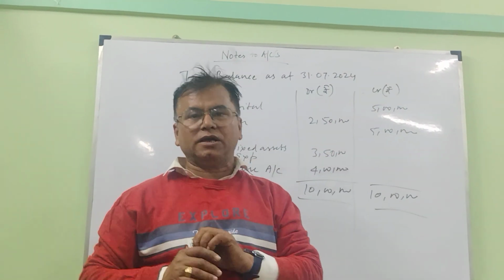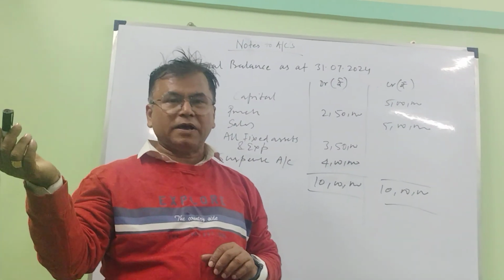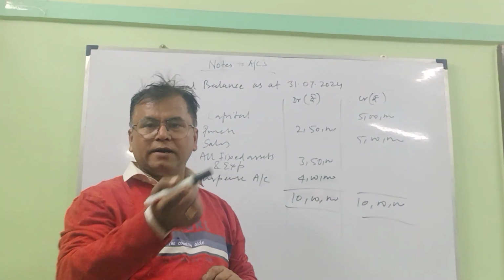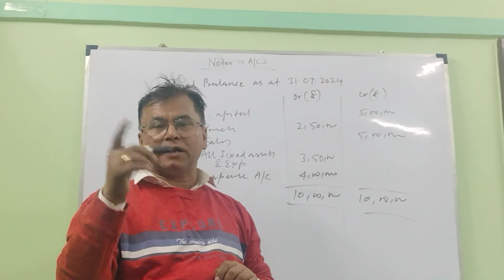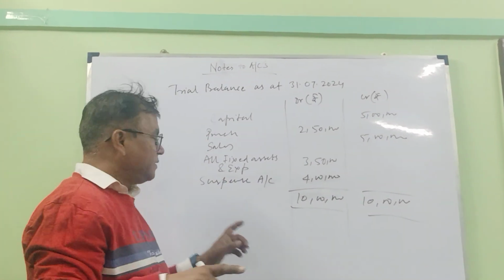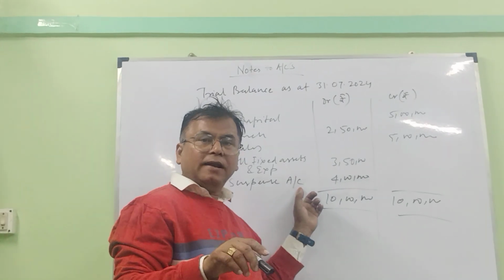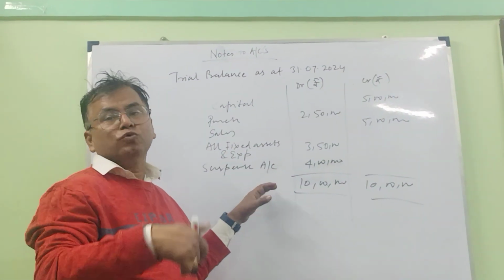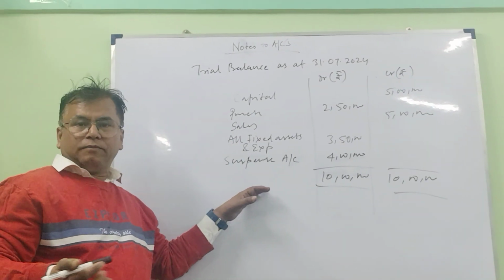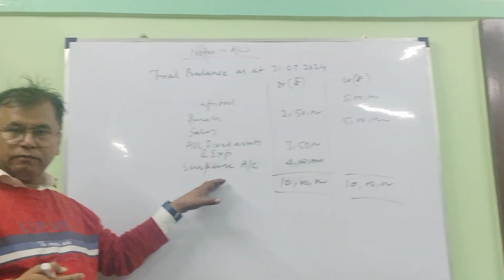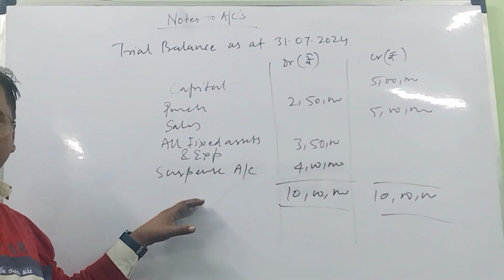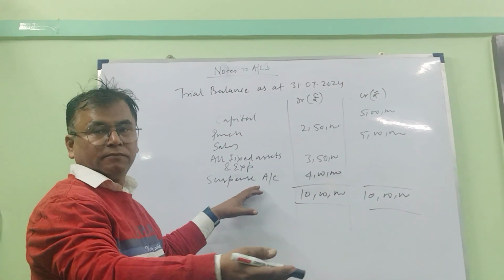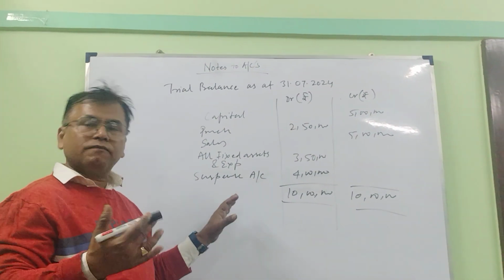We might have made a mistake in journal entries, maybe some account might have been posted in the subsidiary books on one side and may not have been posted in other ledger accounts. So that is the reason why suspense account is temporarily taken into practice, but ultimately when we do the rectification of errors before final accounts, we will try to make sure that this goes out of the picture, which means this vanishes.